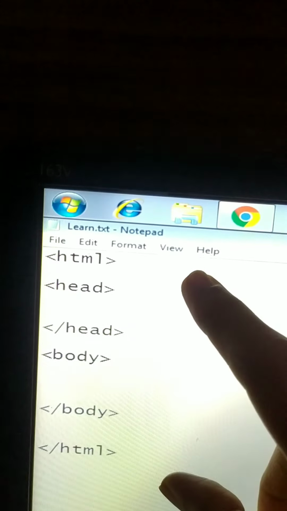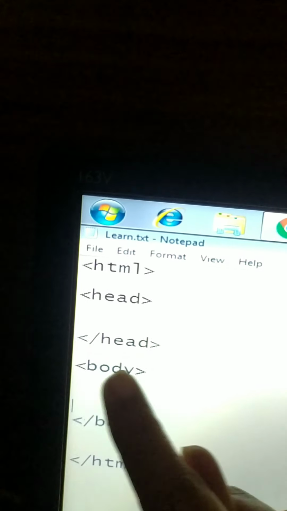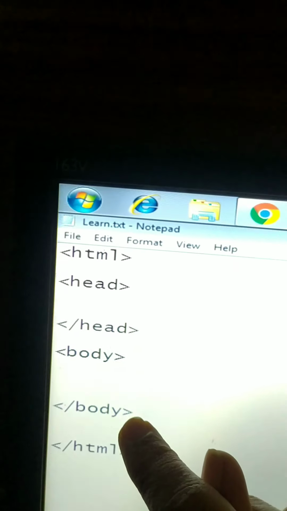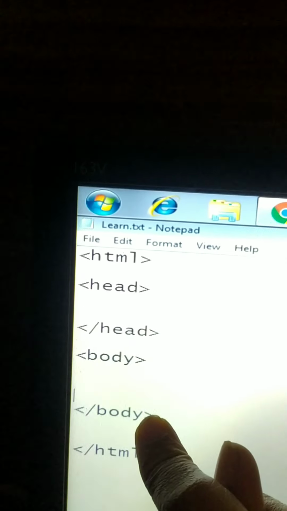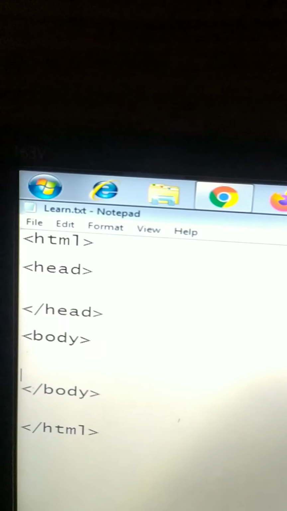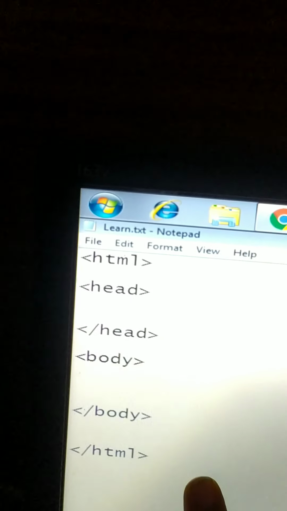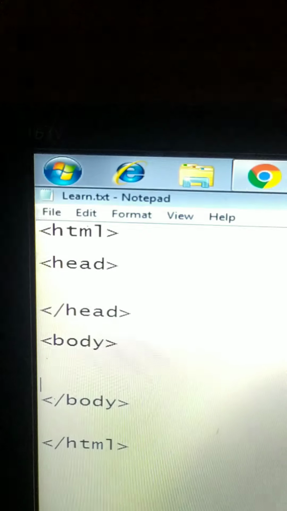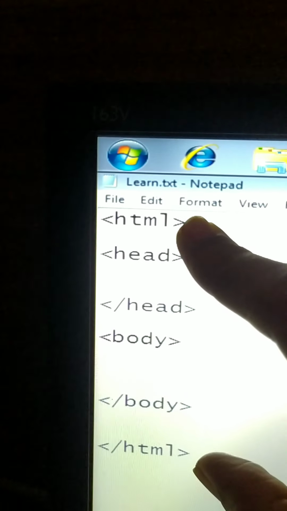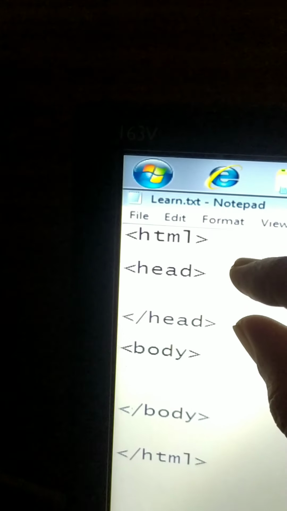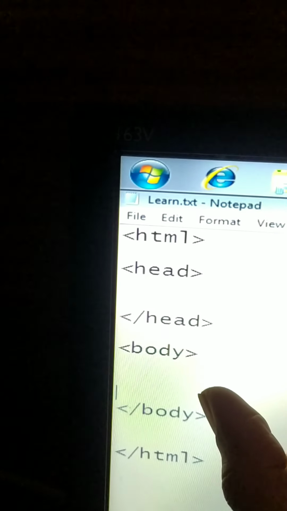Then an element content is everything between the start and the end tag. This start and end tag. So element content is everything between the start and end tag. Then we have studied the structure of an HTML document. This is the structure of an HTML document. That is, every HTML program starts with a start HTML tag and ends with an end HTML tag. Then it has head and body elements.